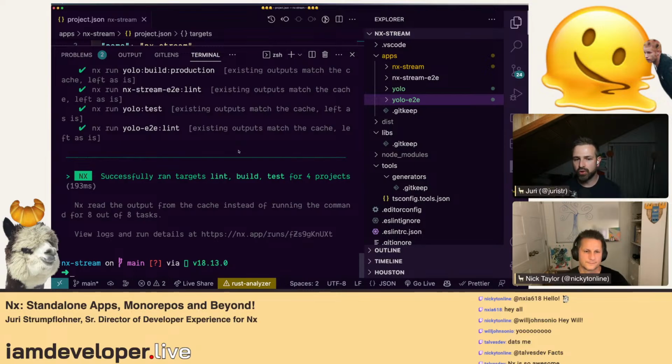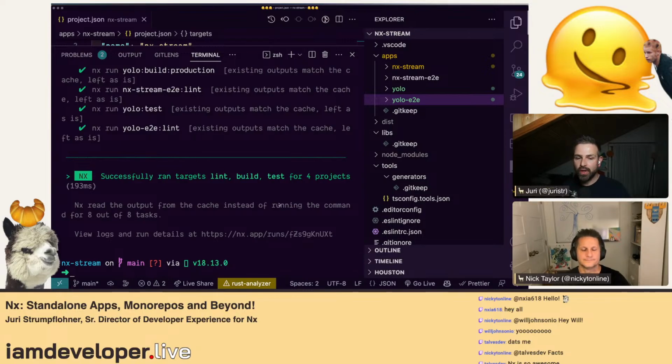Obviously it restores the logs, as in this case here, for instance, we see the console logs are here exactly as we had before. And we usually add an additional note, as you can see, that Nx read it out of the cache, so people know why it is fast, right? Because in this case it was a full cache hit because we had 8 out of 8 tasks, right?